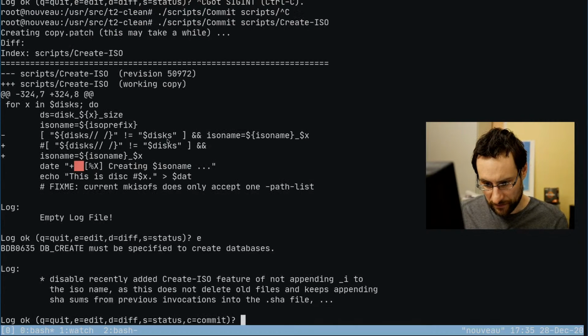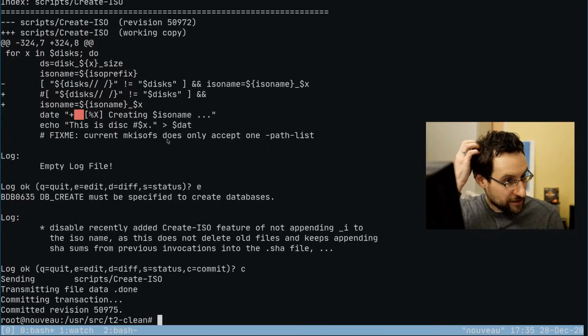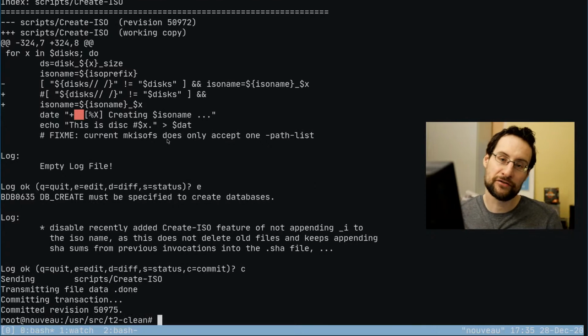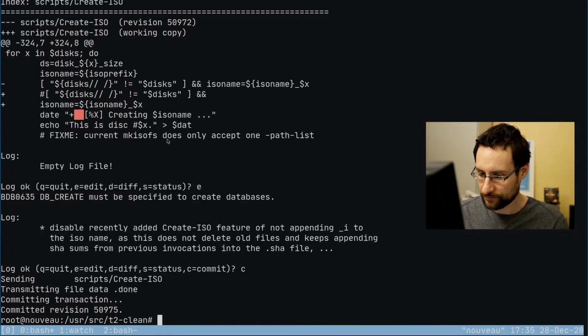Something of that sort: disable the recently added create ISO feature of appending the underscore I to the ISO name, as this does not delete old files and keeps appending. Shown on some previous occasions, it is a SHA file. I guess ship it. Anyway, this 486 thing is obviously not the most popular thing, even for myself